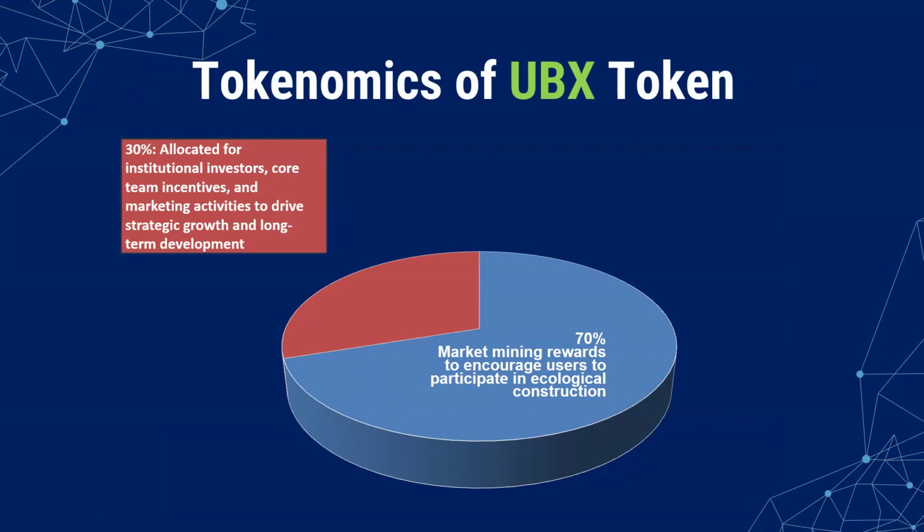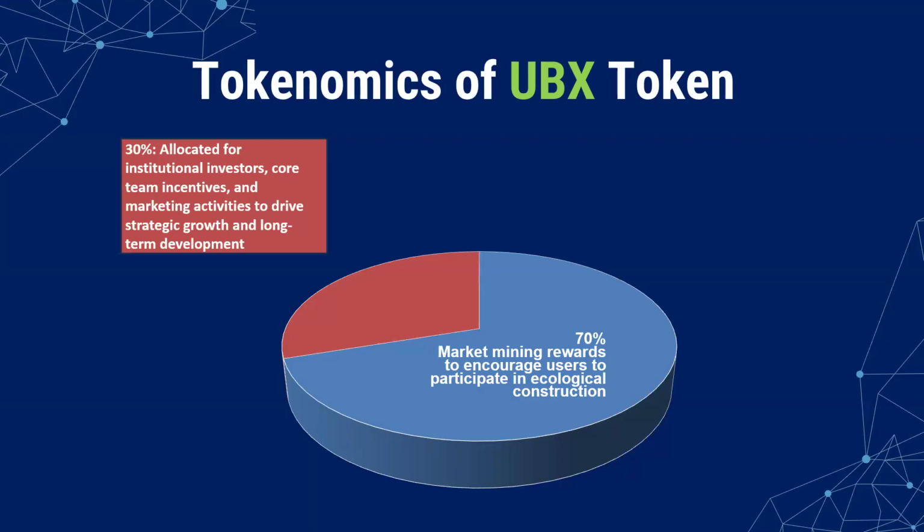A total of 30% of the total supply, which is 200 million tokens, which is very little, will be allocated for institutional investors, the core team incentives, and marketing activities to drive strategic growth and long-term development. In general terms, 30% is allocated to the development team of the entire UBX platform, while the remaining 70%,